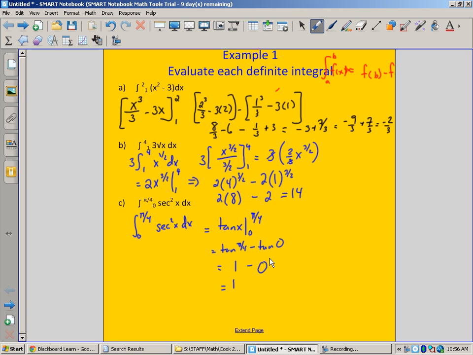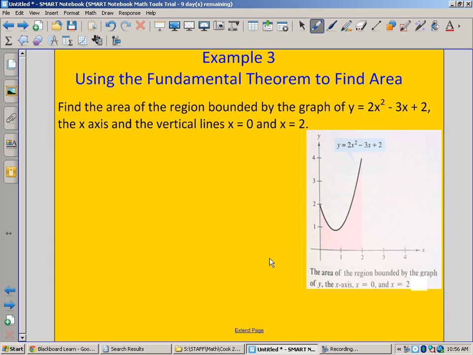I have one more example that pops up. We want to find the area of the region bounded by this curve between 0 and 2. The first thing you have to do is set up the integral, which would be from 0 to 2 of this function. There's my integral, and now I can go ahead and integrate this, which gives me 2x cubed